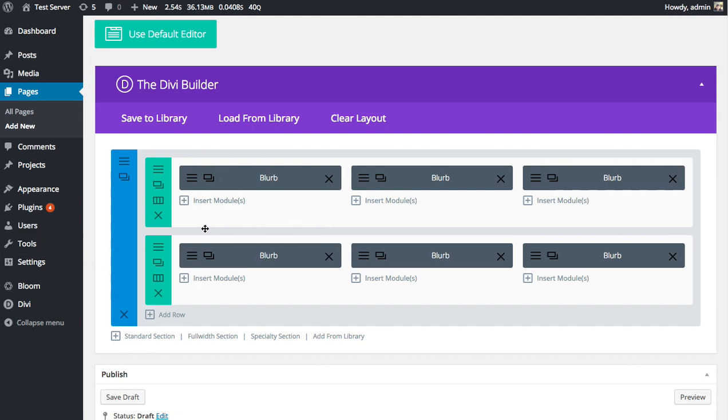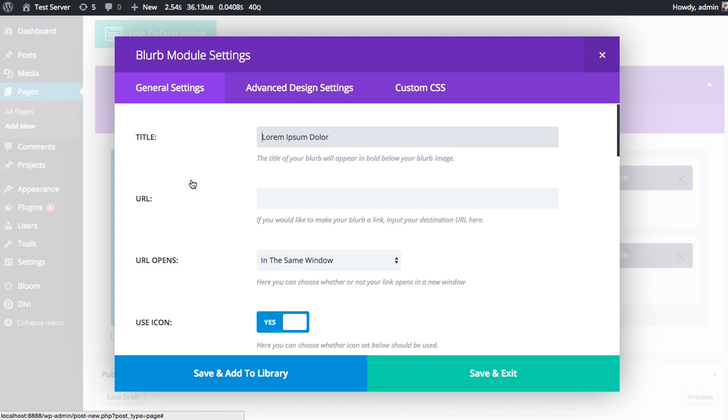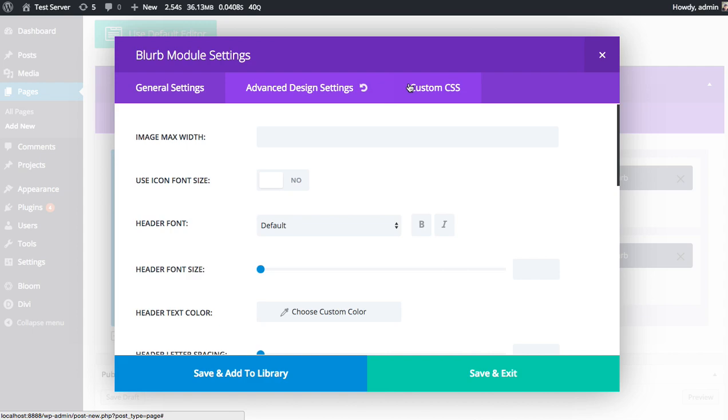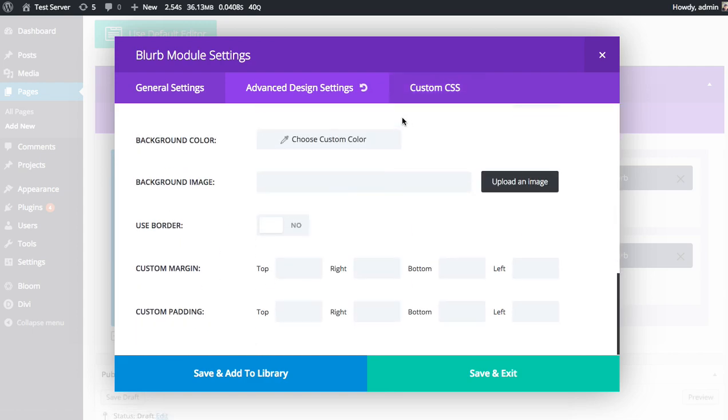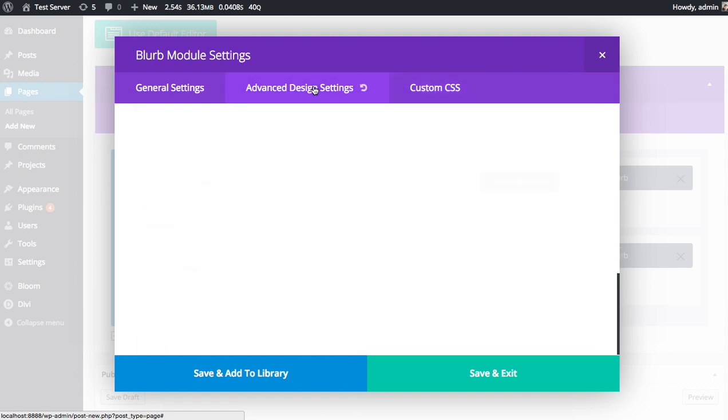Okay, using that same philosophy, you can also save rows and modules as well. So if you find yourself using a specific module, for example, let's say that I've spent a lot of time on this blurb module in the advanced settings and the custom CSS settings. In fact, I've really modified this module. I've customized the size and the color of the icon. Maybe I've added some custom CSS animations, and it's taken me hours to do,